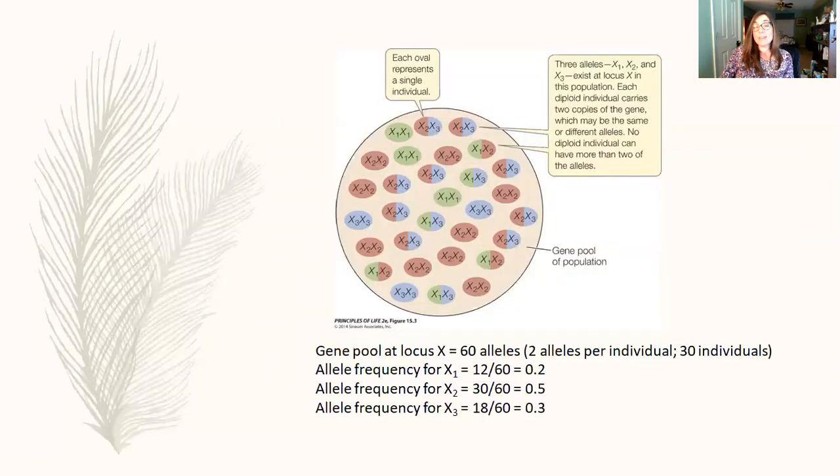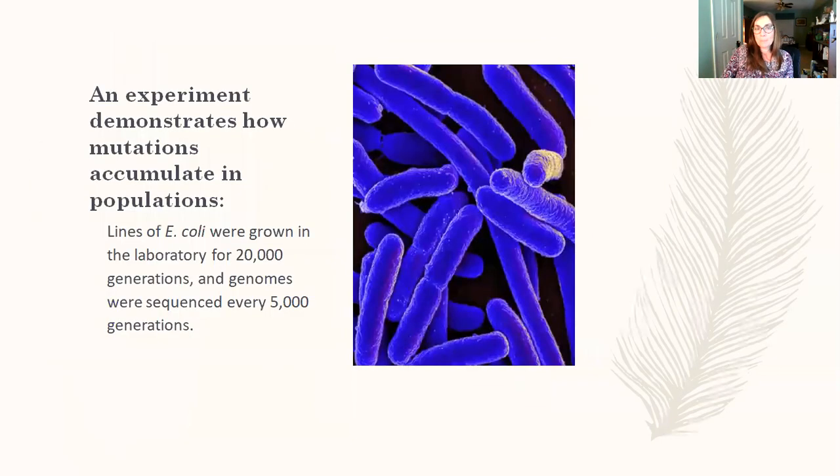And let me just say that the reason the allele frequencies would change is because the population is going to experience variation within their gene pool due to mutation and natural selection. But mutation is the big reason for the variation, and natural selection acts on that variation. And remember, Darwin, that's the thing he didn't know. He knew variation existed, but he didn't have a good theory for what was causing the variations.